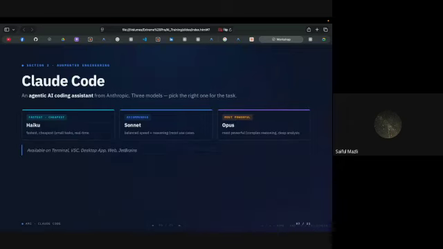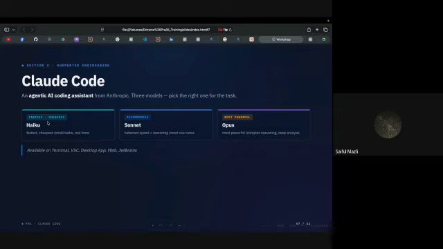Claude Code. Claude itself, from Anthropic, has 3 different models right now that are available to the public. The first one is called Haiku. It's the cheapest, fastest model. It's not the smartest, but it will do most things for you.